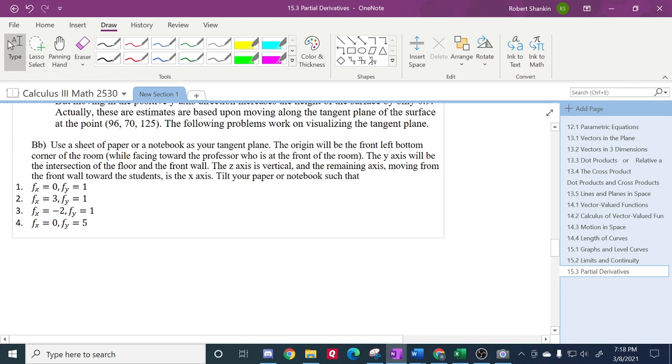I want you to tilt your paper or notebook such that f_x is equal to 0 and f_y is equal to 1. So, while you're trying to figure out what that means, and tilting a piece of paper so that those conditions are true,